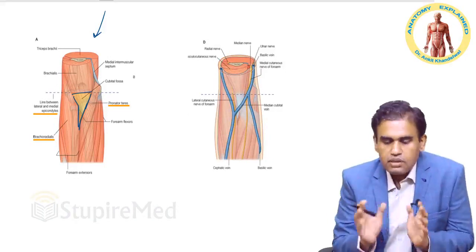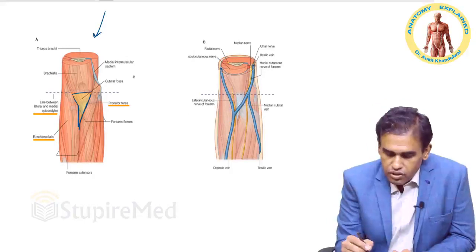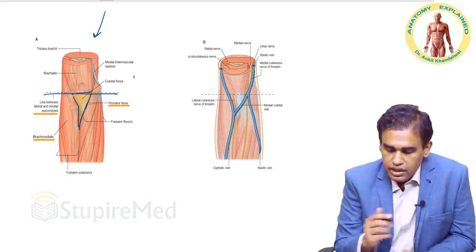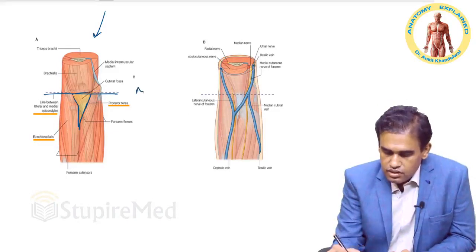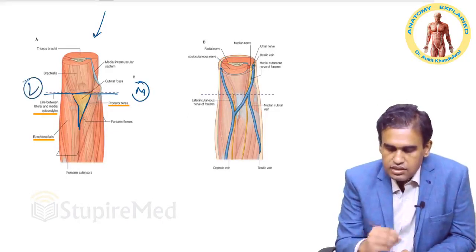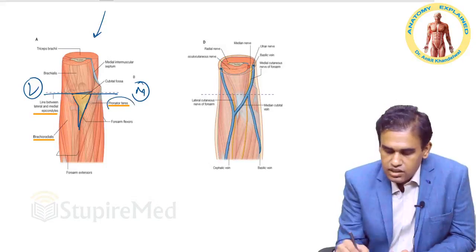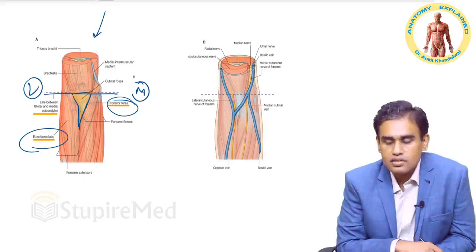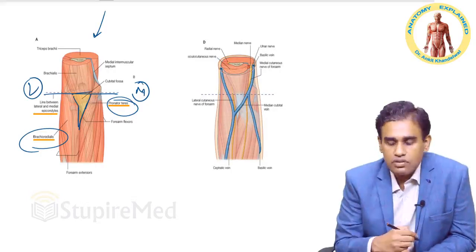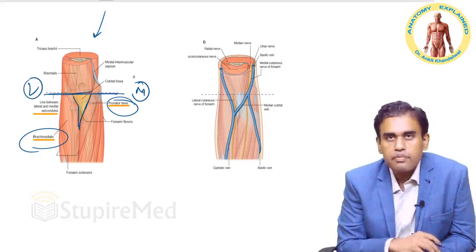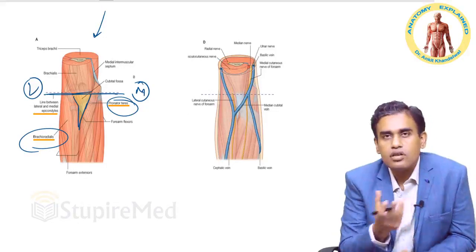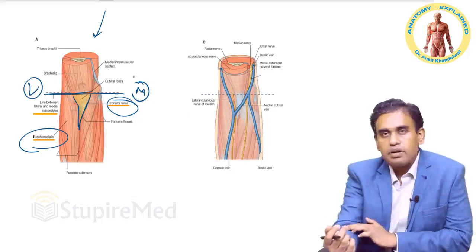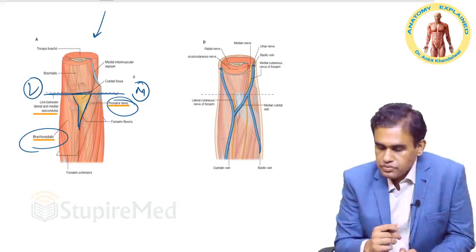Now you can see over here what are the boundaries. If you connect with an imaginary plane the two epicondyles of the humerus, and this supposedly is the medial side, this is the lateral side, then from the medial side you have a muscle known as pronator teres. On the lateral side you have the brachioradialis. So their borders, if you combine them with the imaginary line, form a depression right in front of your elbow joint. If you flex your elbow, you will see a depression over here. That depression is the cubital fossa.